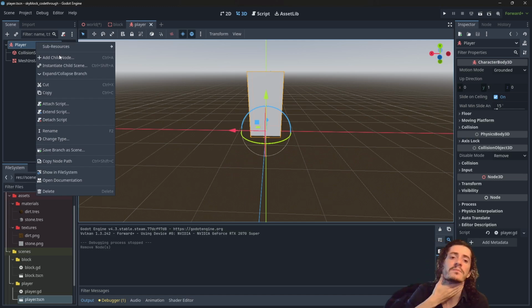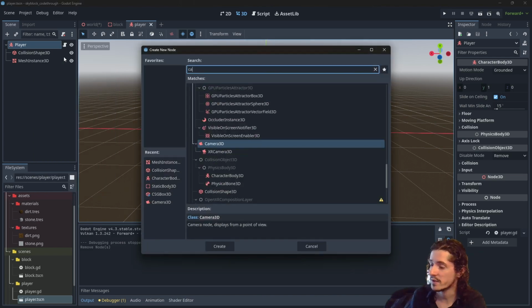Because technically, there's not going to be several characters. Well, for multiplayer maybe. But we are not dealing with that, and those are going to be different character scenes, because for example in multiplayer you don't want to be moving other players' characters, so anyway it's going to be a different scene. So yeah, let's just add the camera here,